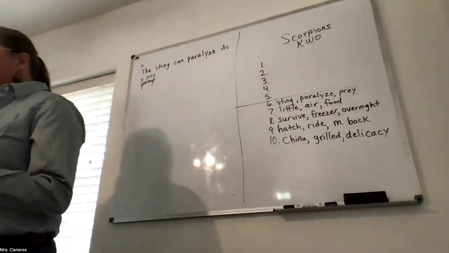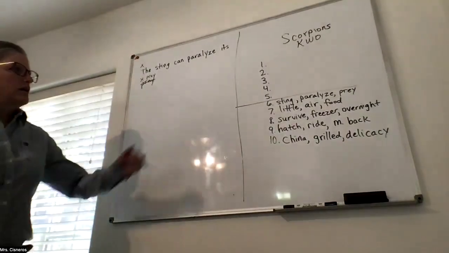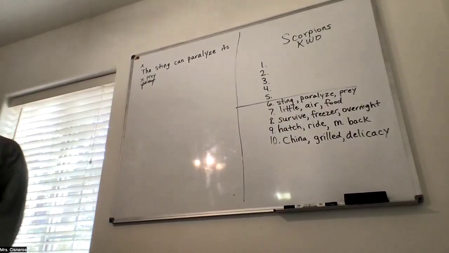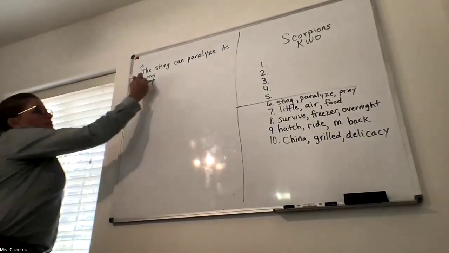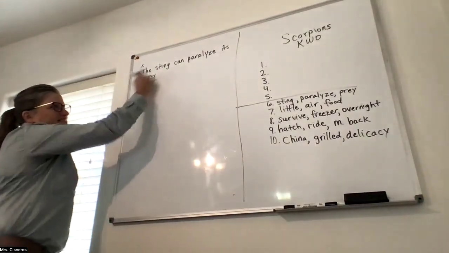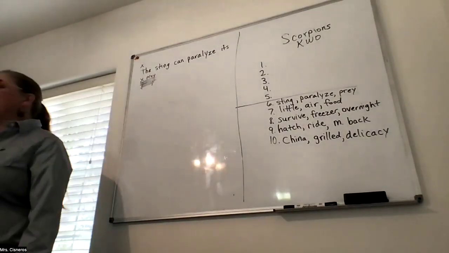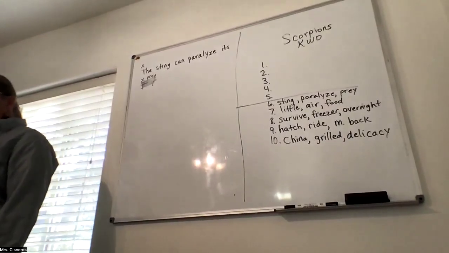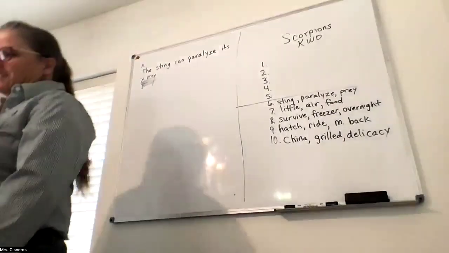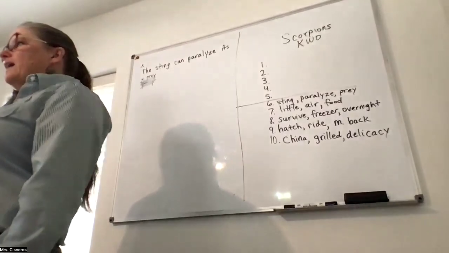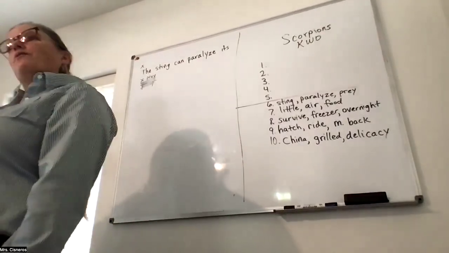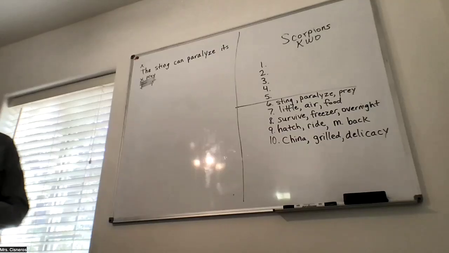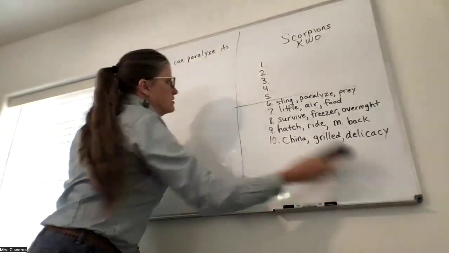Don't let it scare you. Okay. If you mess up though, like here, I messed up on that word pray. I put an A in there instead of an E. I don't want you to go like this. Okay. I've seen you guys do that before. I don't want you to be like, I messed up. Don't do this. You're going to do just one line through it and then write it the correct way above that. Yes, Hallie.